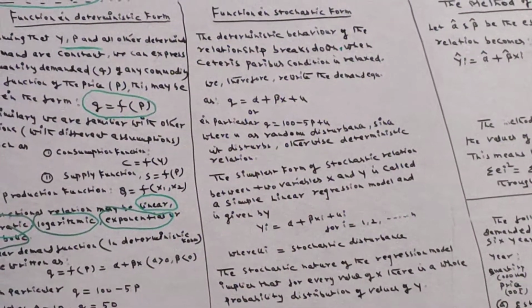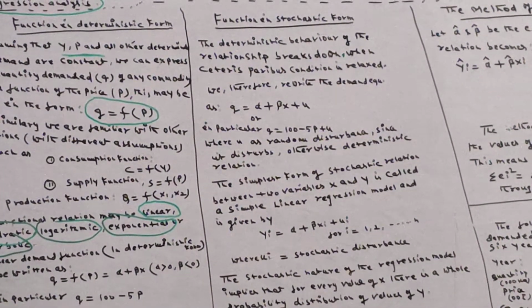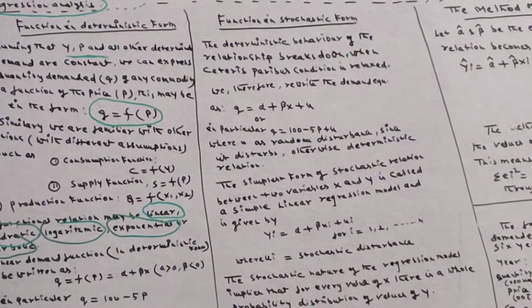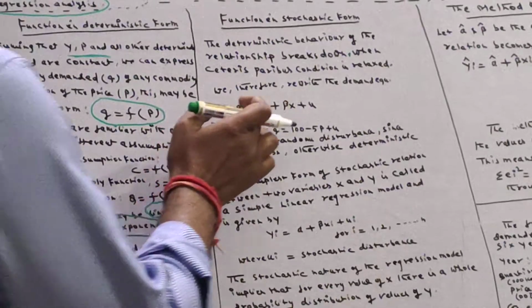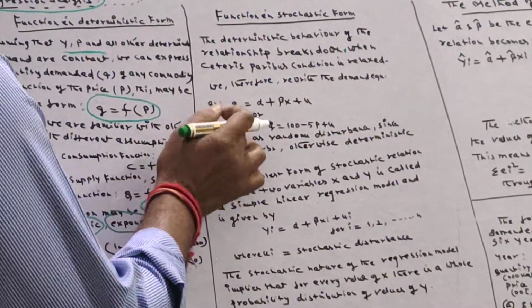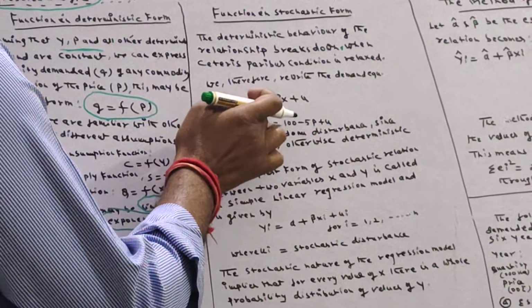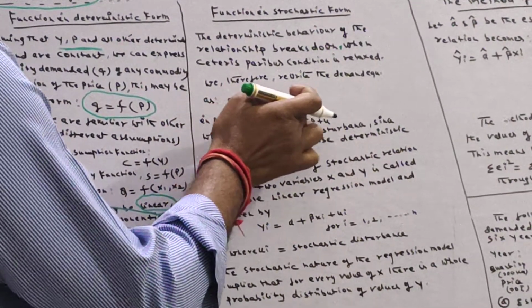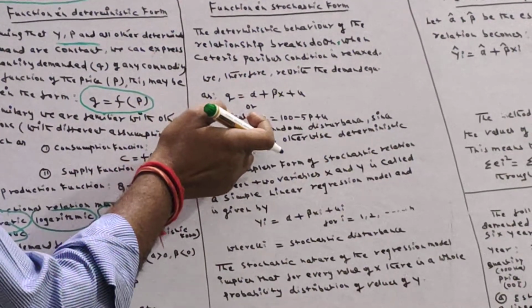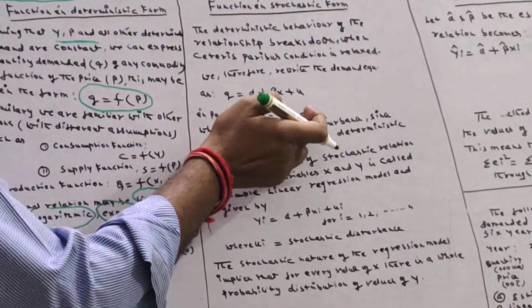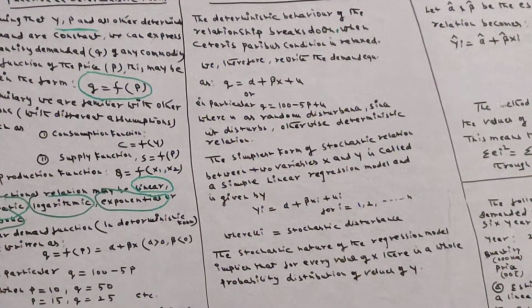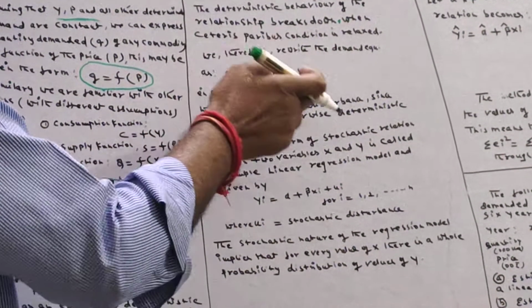Ceteris paribus is a phrase meaning if other things remain the same. Then we rewrite the demand function as Q equal to alpha plus beta X plus u, or in particular Q equal to 100 minus 5P plus u, where u is a random disturbance,